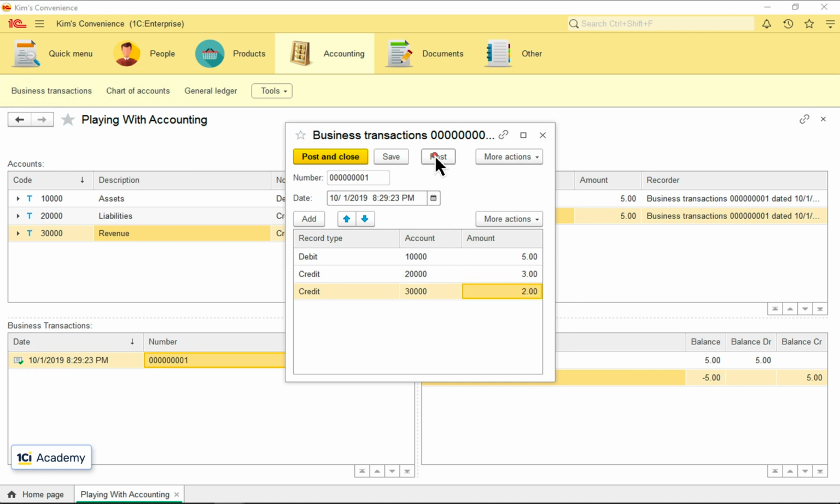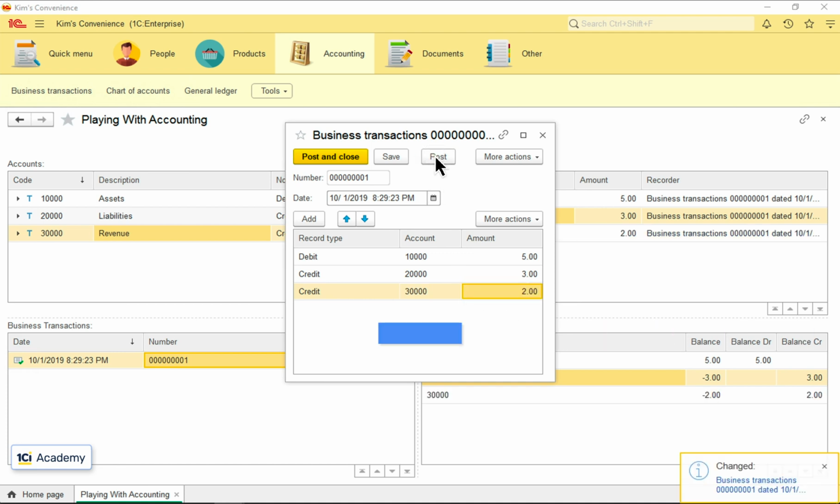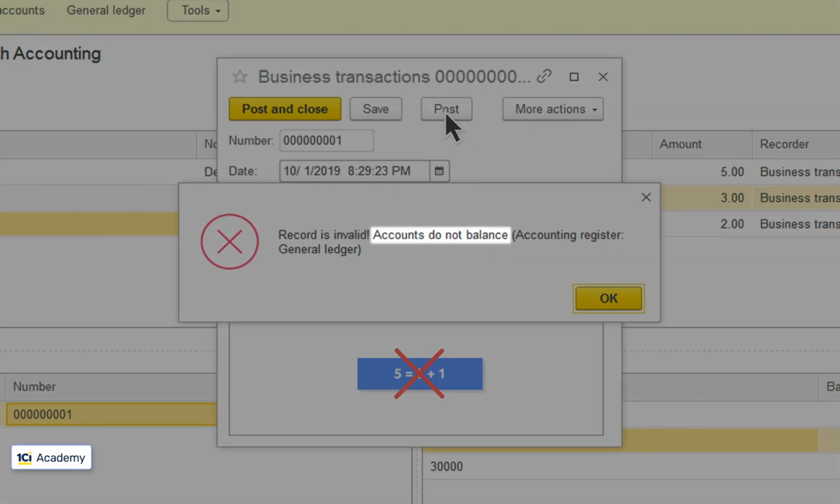And it will be fine as long as the sum of all debits is equal to the sum of all credits. What happens if I break the equation? This is what. The platform tracks the disbalance and doesn't let the transaction in.